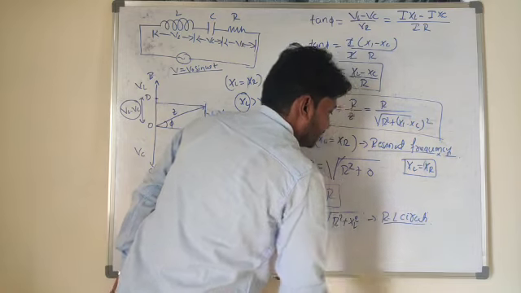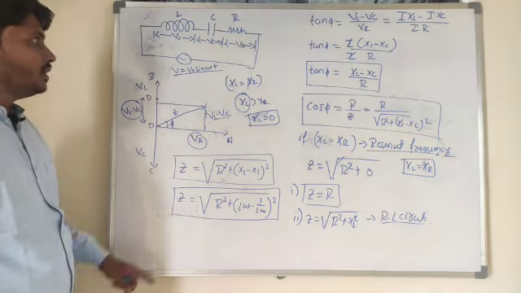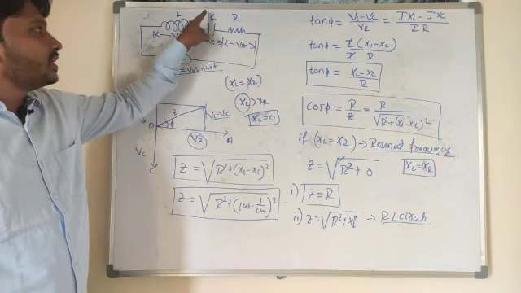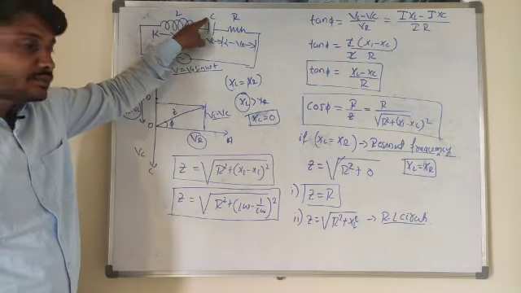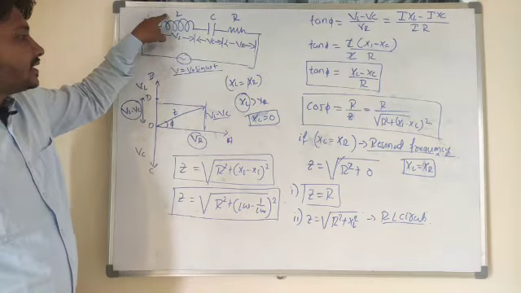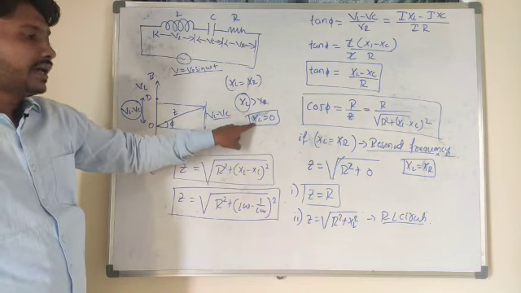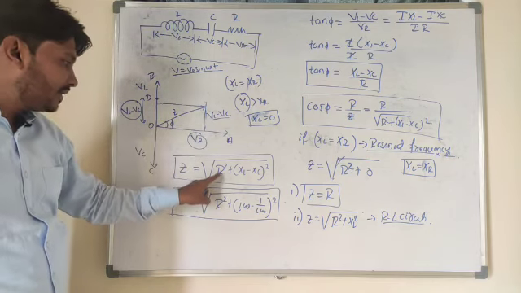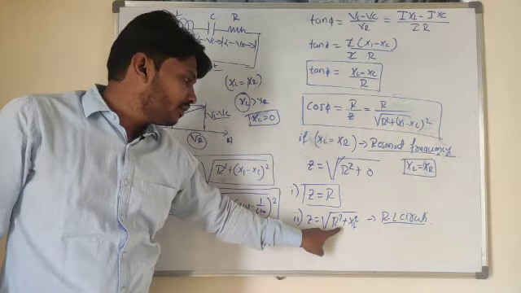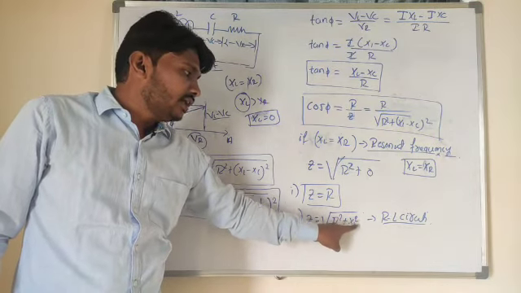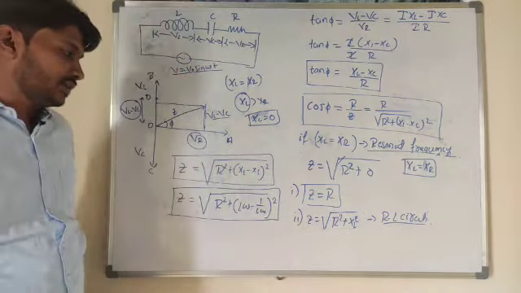So look at here, in that LCR circuit, if that capacitive reactance is very much small, or if that inductive reactance is very large, then X of C value is 0. So this equation becomes Z is equal to square root of R square plus X of L whole square. So this circuit is an RL circuit.